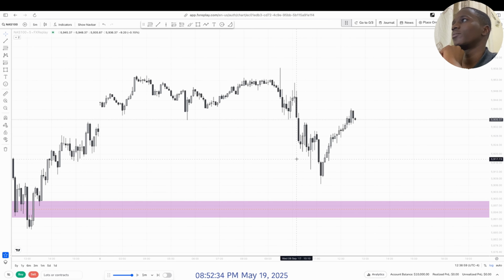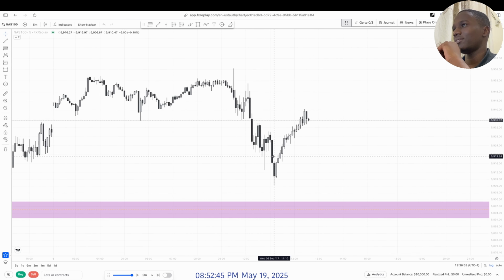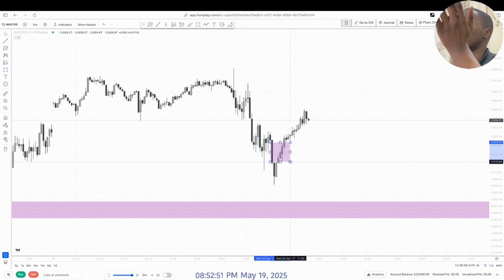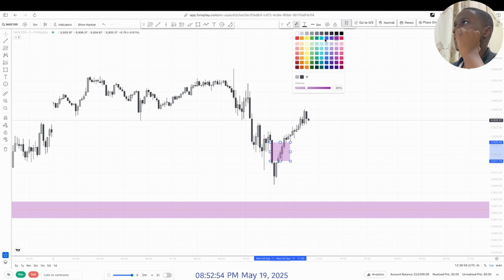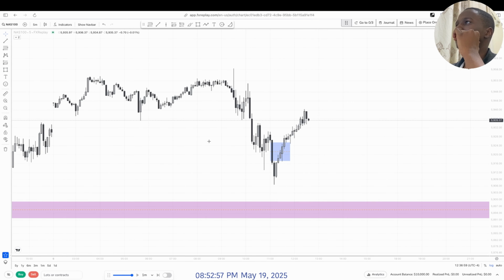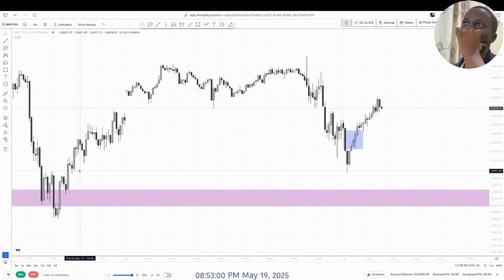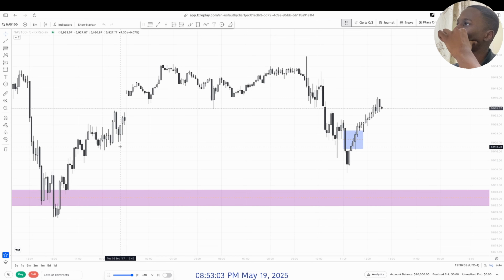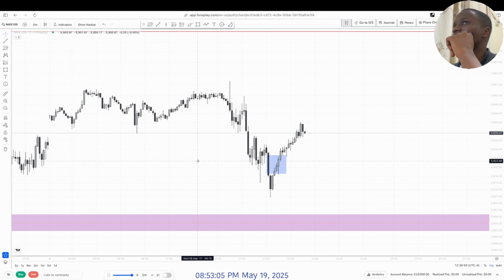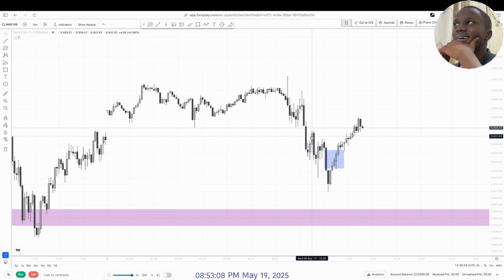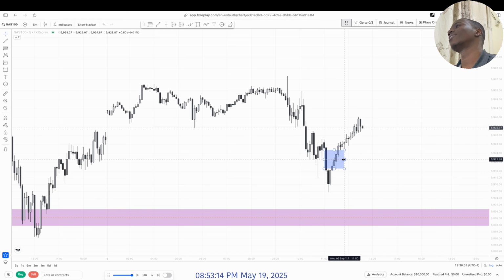Okay, now this is what we would like to see instead. So you see we took out this low, this one, and this one as well, and then we shifted. We have an inverse fair value gap, which means if we react to this inverse fair value gap, that's then when we would like to enter instead. Because looking for sales was quite ambiguous. You wouldn't know which level to exactly target. Is it this low? Is it this low? We don't really know. I mean, you could enter here and then target this low.